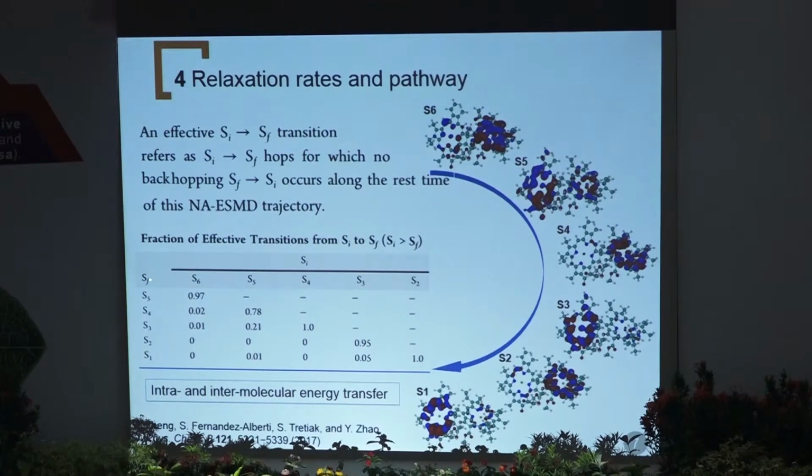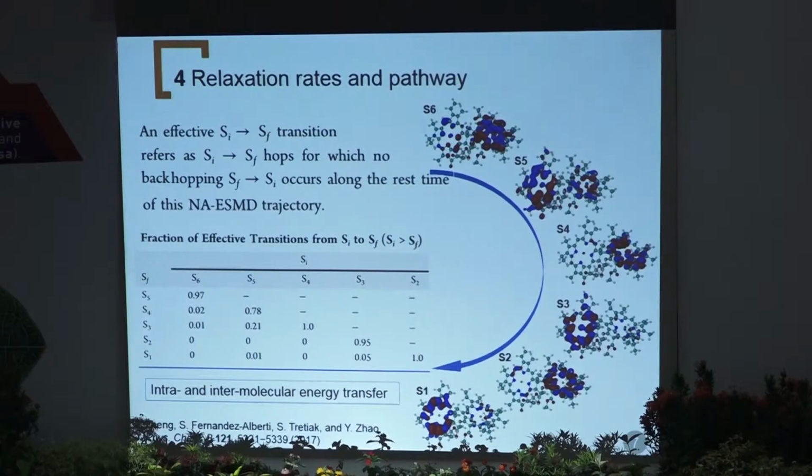And you can see the procedure is mostly from S6 to S5, S5 to S4, S4 to S3, and so on and so forth. But there is also some slight probability as you go from, for example, S5 to S3. So you can go from here directly to here. And that step actually does not involve a lot of inter-pigment transfer. You can see the charge densities are mostly on one side. Okay, slight transfer, a very small percentage.